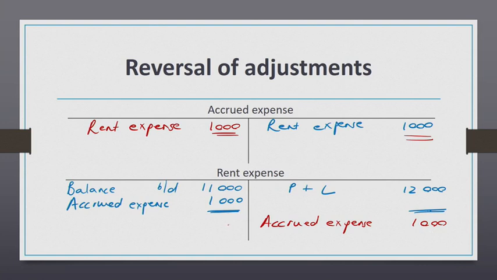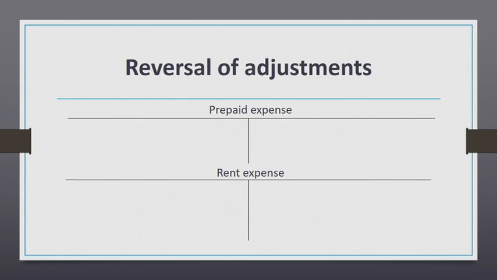So the first payment that we make for rent will refer to the previous year's rent that we still had to pay. The same for prepaid. Prepaid rent expense, again at the end of the year, the balance brought down. We've already paid 13,000. So we've paid 1,000 in advance. In advance means we must subtract, we must take away, right on the other side of the balance of the account. Prepaid expense,